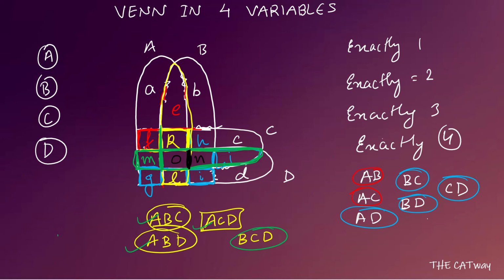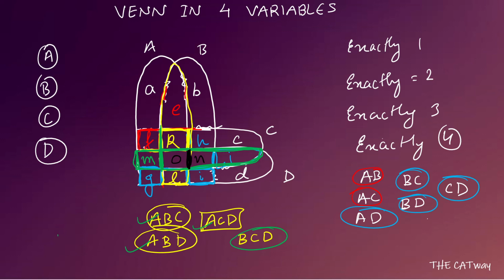Acha, if it is talking about only A, then all of this, let us change the color again. So all of this would be included. Okay, all of this will be included. If it is talking about B, then all of this would be included. Okay, when you make a fair diagram, you will be able to see this. When it is talking about D, then this part will be included. If it is talking about C, then this part will be included. Okay, if it is talking about A and B, then this part will be included. If it is talking about C and D, this part will be included.